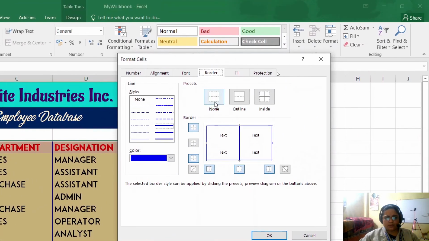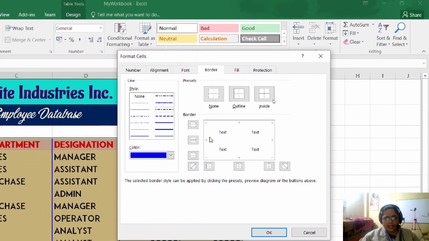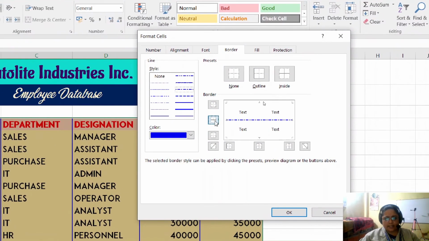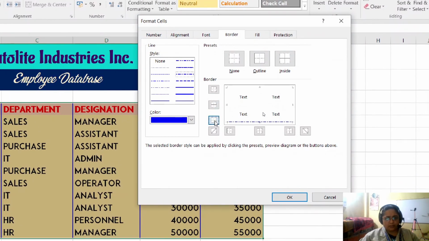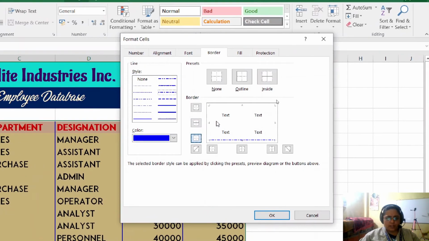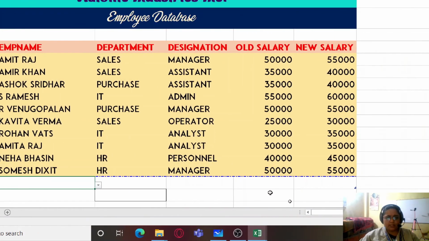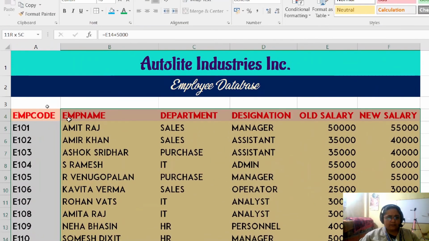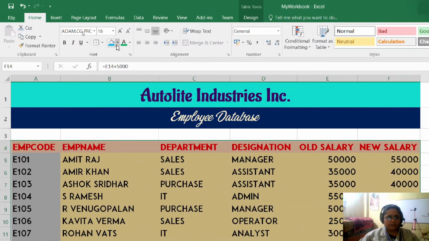If you want, you can again select it, go back and again select this option, more borders, and from here you can again click on none, select some other style, and you can just select inside border, or you can also select the bottom border only. So for bottom border, you will only get the border down. That is only this border. But what I want is a border below each cell. So I want a bottom border on all the cells.